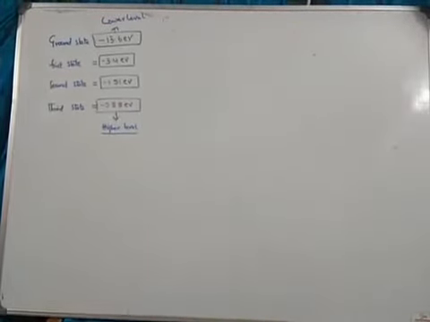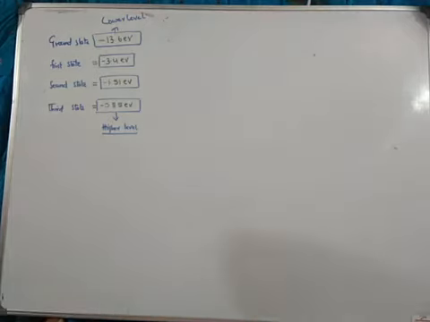So already we defined that for every level we have a particular energy. The first, the ground state, we call the lower level, whose value is minus 13.6 electron volt. For the second we have minus 3.4 electron volt. For the third we have minus 1.51 electron volt. And for the N shell we have minus 0.85 electron volt. Consider this as a higher level.